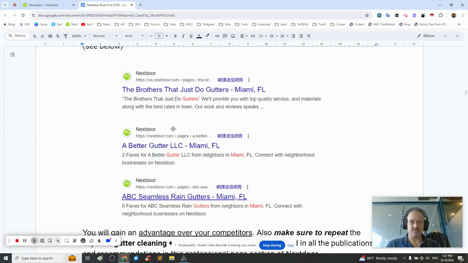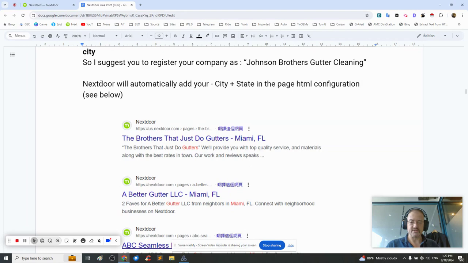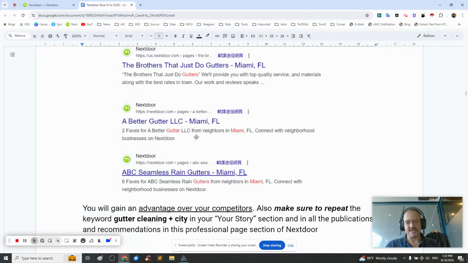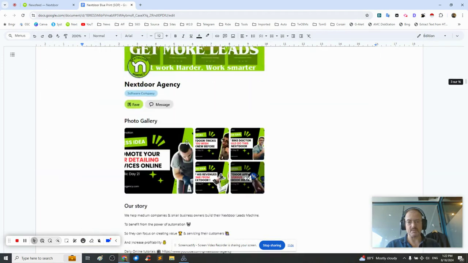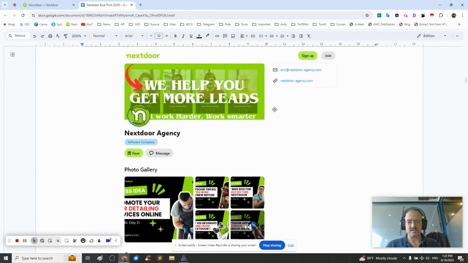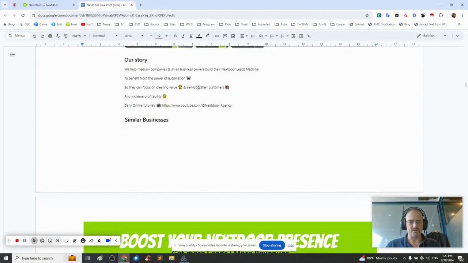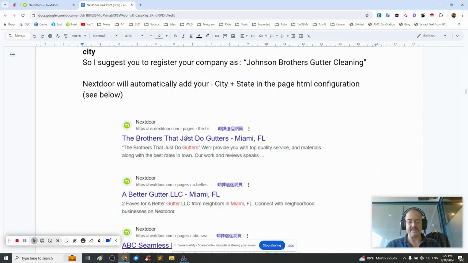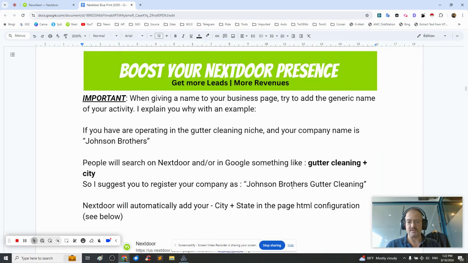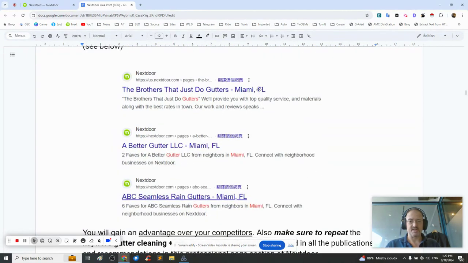I explain here also why I suggest that, not only to be obviously found on Nextdoor, but there is also a small SEO interest in that, although you will not get a backlink because somehow Nextdoor decided that this link is not indexable, nor the one below. But even if it's not indexed, some people may search, for example, gutter cleaning or car detailing plus city, and Nextdoor adds automatically the city you are registered to plus the state. So it's important to, if your